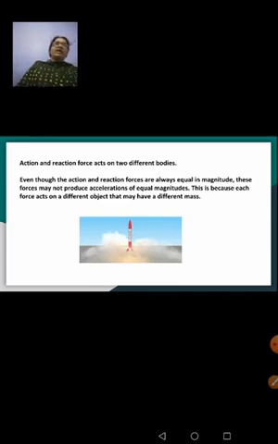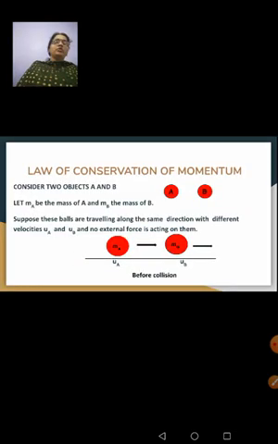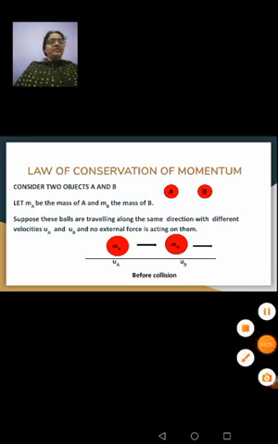Okay, and remember, as far as Newton's third law is concerned, you should remember this law. Few examples, as I told you, simple examples you can take: rowing a boat, a person jumping out of a boat after having his ride in the water or in the lake, bouncing of a rubber ball. These things can be given as examples for Newton's third law of motion. Okay, next we'll talk about the law of conservation of momentum. I'll again revise in detail the derivation for this law of conservation of momentum.